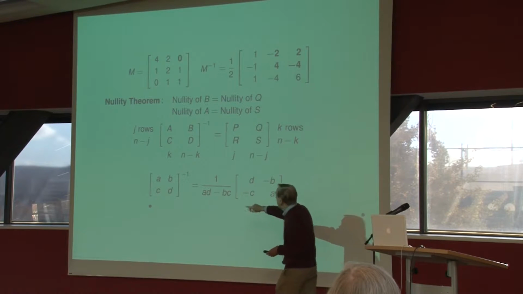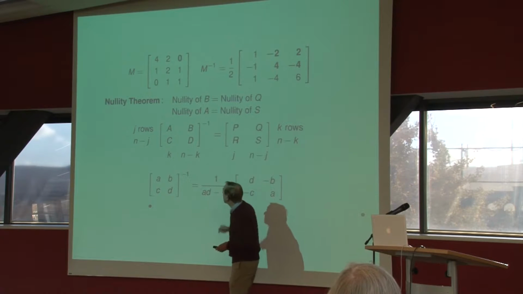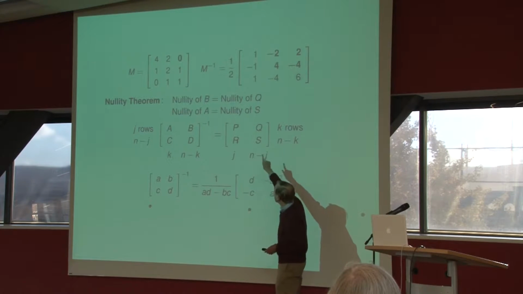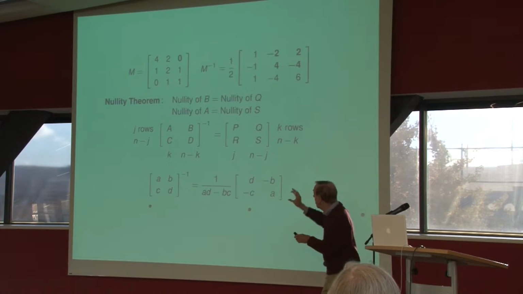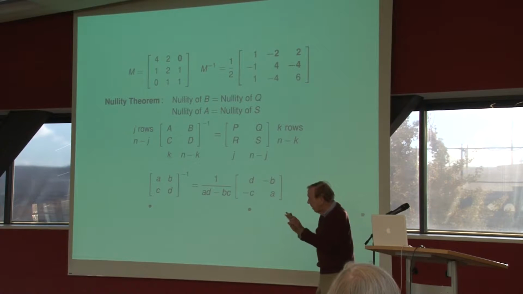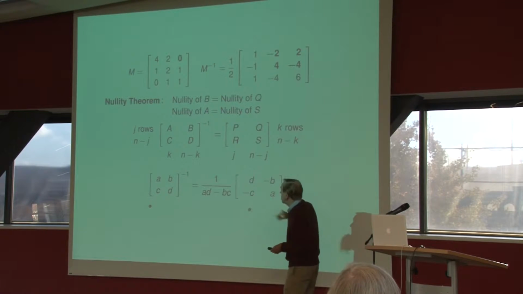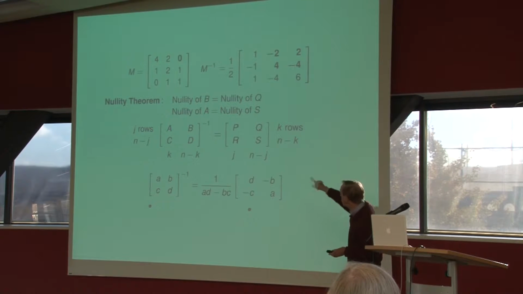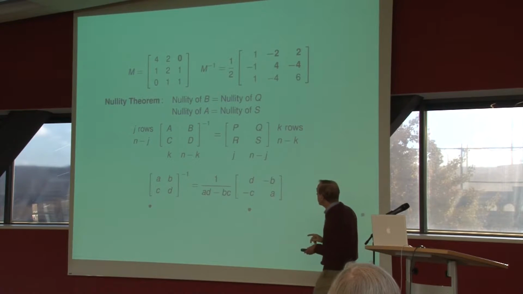And so here's the matrix. A is the matrix ABCD, and then its inverse has complementary blocks, right? I'm thinking of the blocks PQRS as they have to be the right sizes to multiply the ABCD matrix, so that's fine. The J and K is just getting the sizes right. But then the remarkable fact is that the